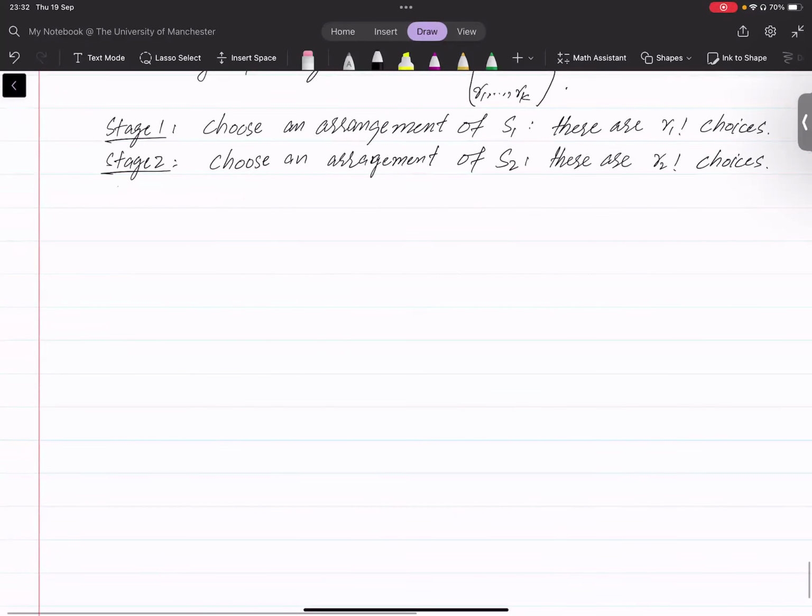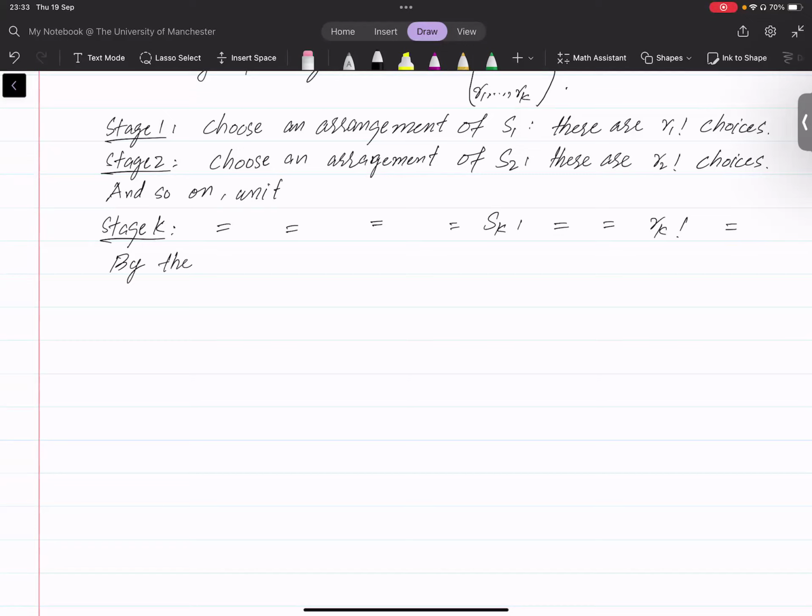and so on until we have stage k, which is to choose an arrangement of the set Sk, and there are Rk factorial choices. Then, by the multiplication principle,